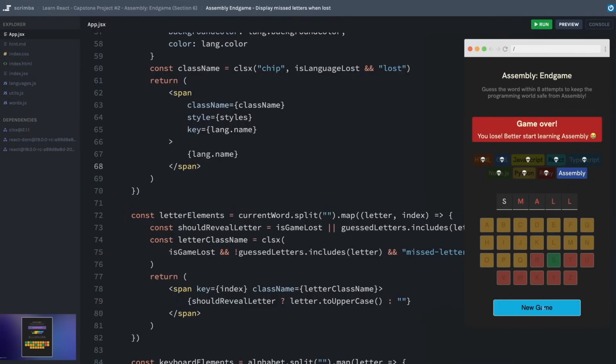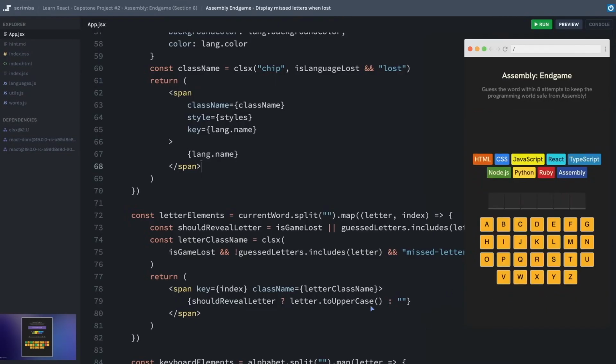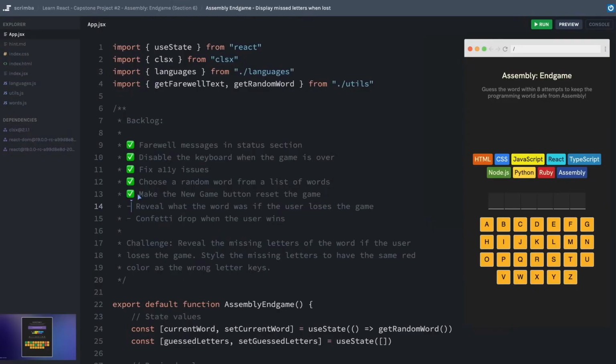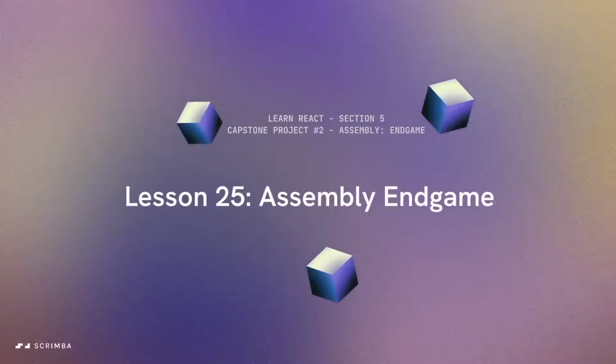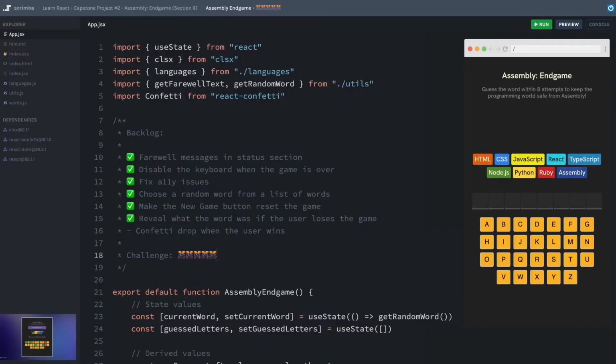All right, the last challenge, and arguably the most fun one, let's make it so that our confetti will drop when the user wins the game. This challenge kind of feels like in golf when you just barely missed a putt and all you have to do is just send it home. We've literally done this exact same challenge in the last project at the end of Tenzies, so this should feel right at home to you. I've already installed the React confetti package and imported the confetti component here. All you need to do is trigger the confetti drop when the user wins the game. I'll hand it over to you to send us home.